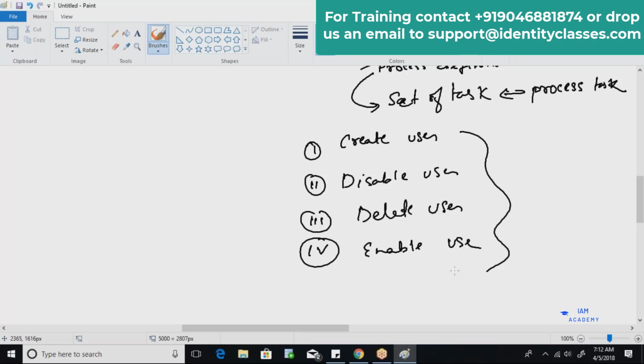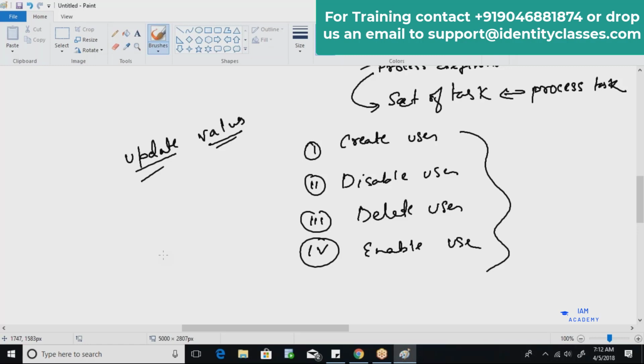Now there are a few more tasks in this particular process definition. Those tasks are basically update values. Let's say some user's phone number has changed and your application is also keeping track of phone numbers, for example for OTP.